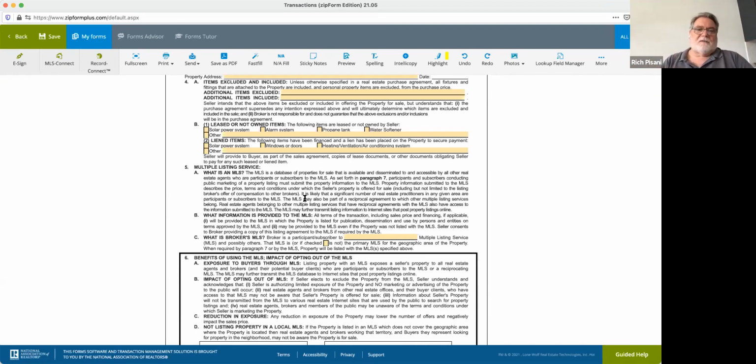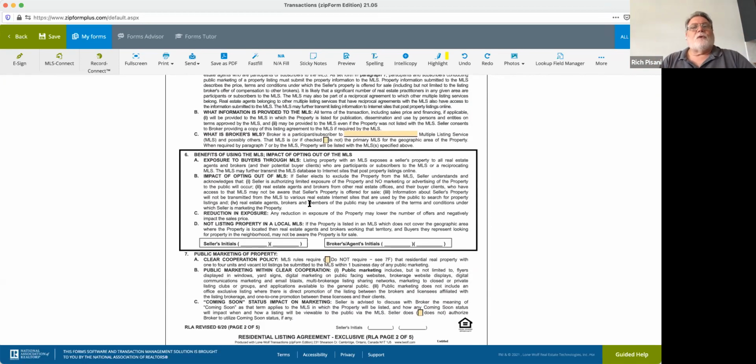And that is part of clear cooperation. So if you are excluding from the MLS, then your seller needs to be aware that it can only be marketed within your own office, and that needs to be made clear. And by marketing, it also means a sign. You can't publicly market it, because once it's publicly marketed, it has to go into the MLS. So that's another thing that you need to be aware of. You can't put a sign on it. You can only market it within your own individual office,